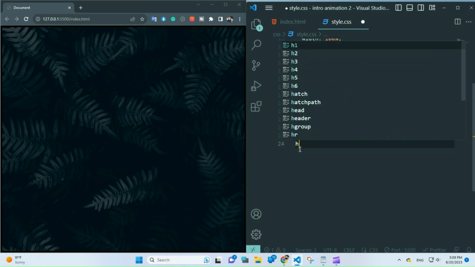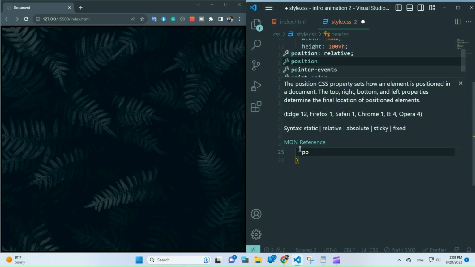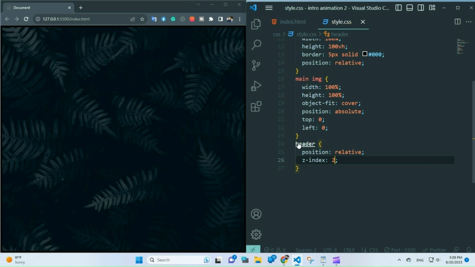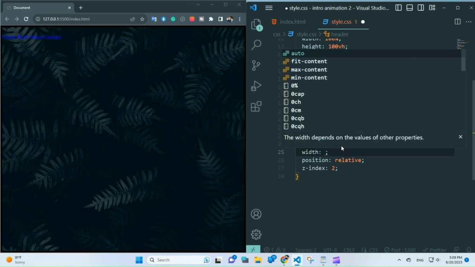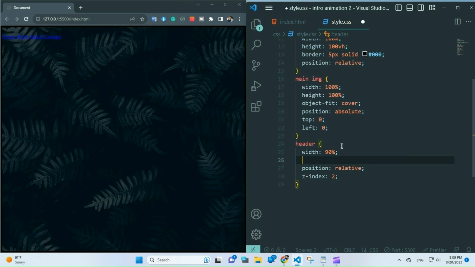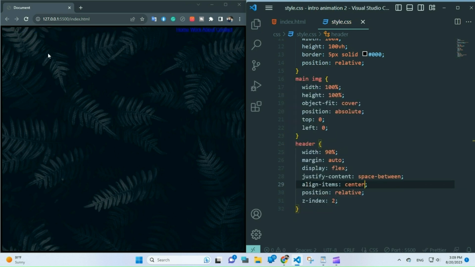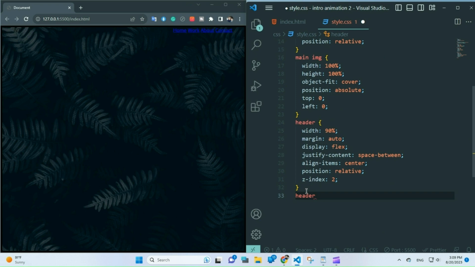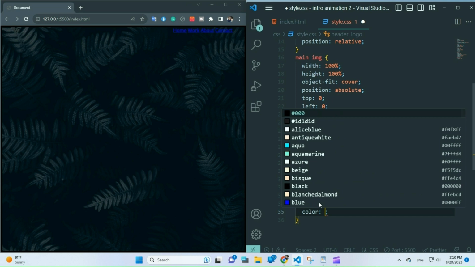For our header, first we use z-index to make sure it's on top of the images, and for this we add position relative, and we distribute the logo and the navbar between the 2 ends of the page horizontally, and center them vertically with flexbox. And here's our logo. We add its typography styling,